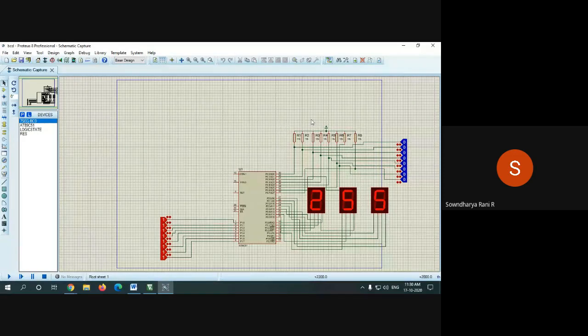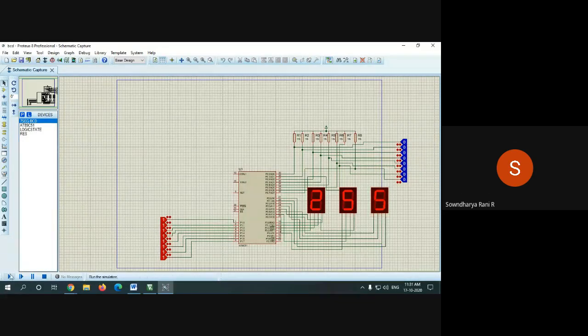So what you have to do is give the pull up resistors. You have connected the resistors, which are all connected to VCC. I have given the input as all ones here, which means it is FF, to port 1, and in port 0 you've given all zeros. So what should be the output? 00 plus FF, so the output should be 255.